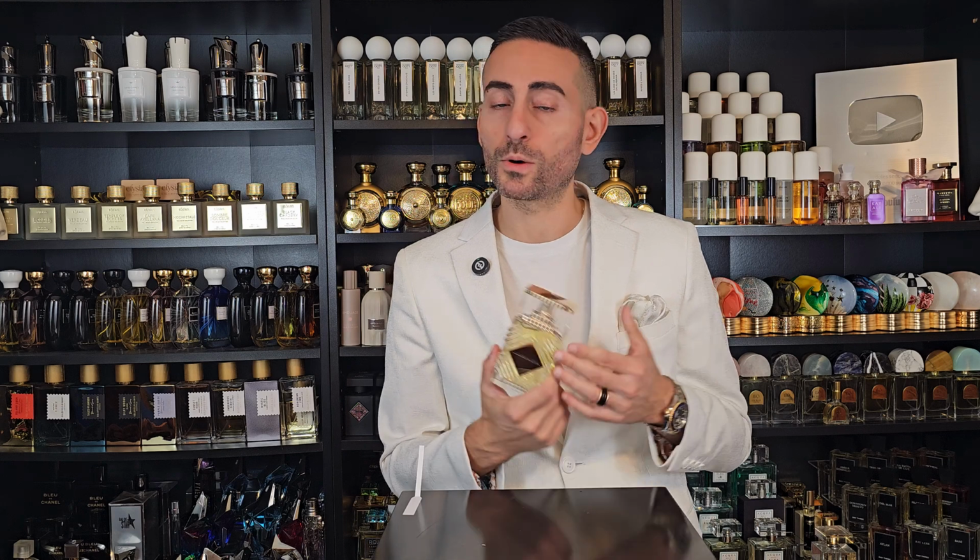And this one is no exception. I think this is a beautiful iris-based fragrance that also conveys a unisex / androgynous appeal. And I love the inclusion of the chocolate and the vanilla. They definitely do their diligence to kind of warm things up, create that element or that tone of coziness, but also sensuality. Whenever you add a hint of sweetness to anything, it does create that sensual aroma, which I personally really, really love. And I think that changes the scope or the wheelhouse of the events in which I consider